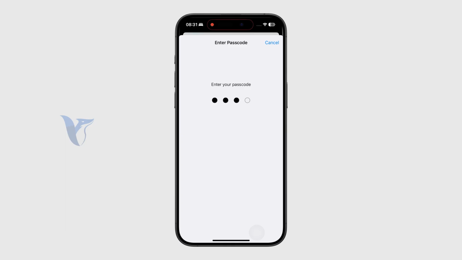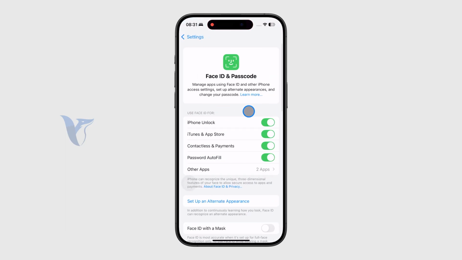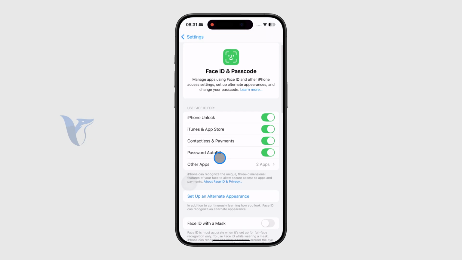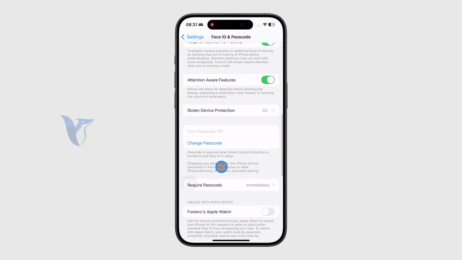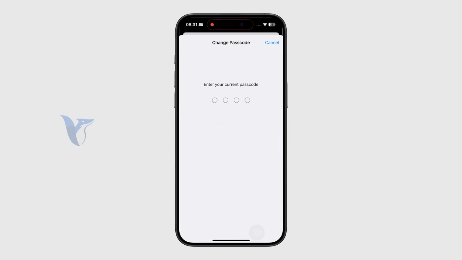So if you go to the Face ID and passcode section and confirm your identity, you might check out and change some of these settings here, right? So what you can do is change your passcode, right? It's not like you can change it to an actual Android-style pattern, but you can change it to a